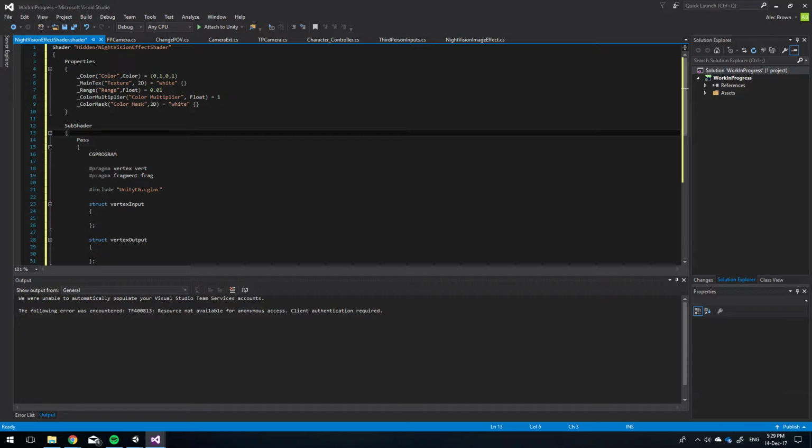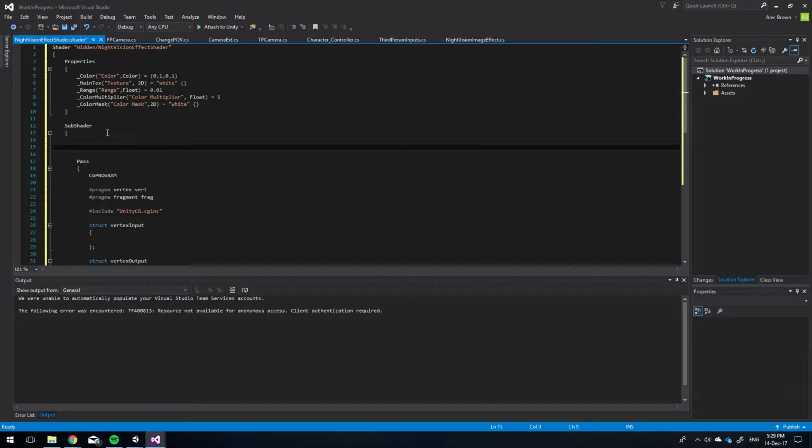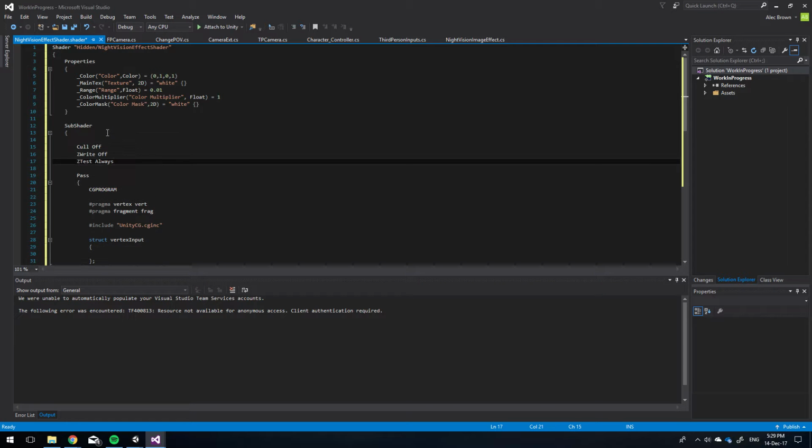In the subshader is where we can actually set, initially, just between our subshader and our pass, our ShaderLab settings. So if I drop in the ones that we're going to use: Cull Off, which is going to turn off any backface culling, so all of our faces are going to get drawn. ZTest on, and we are going to turn ZWrite off, so we're not actually going to write our pixels to the depth buffer, we're just going to take their values, and we're always going to test for ZTest. Okay,